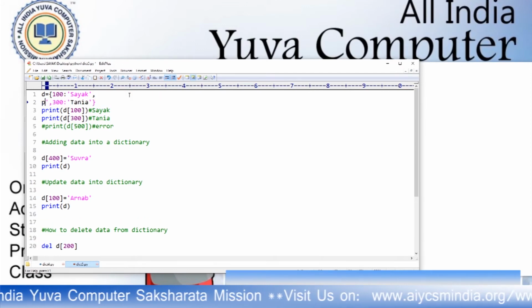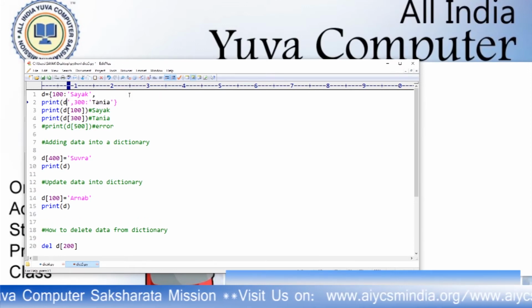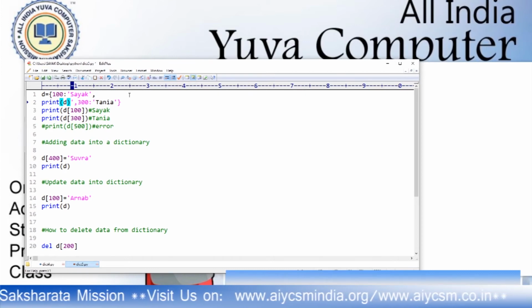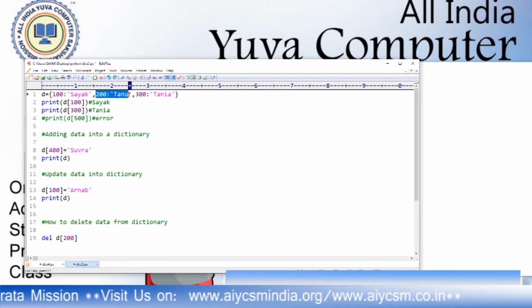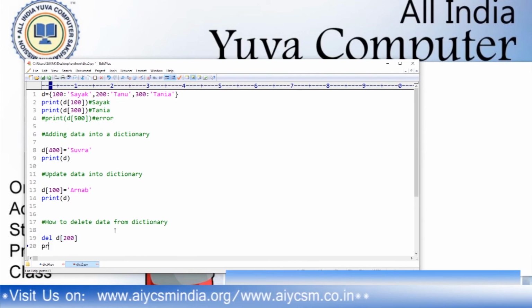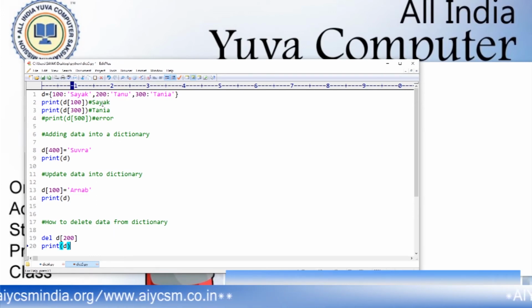Now if I print D, you will see there is no 200 key.